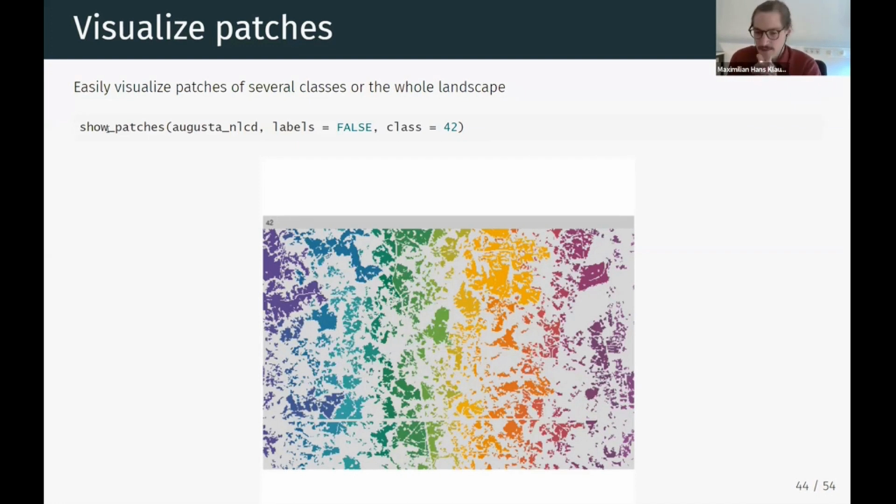The most basic one, but maybe one of the most important ones, is the show patches function. What this does is it plots all patches. A patch is characterized by all cells of the same cover class that are located next to each other. This function helps you get an idea of the overall spatial structure of the patches. You can look at just one class, so for example here we say look at class 42. But you could also look at all classes at the same time, or all classes